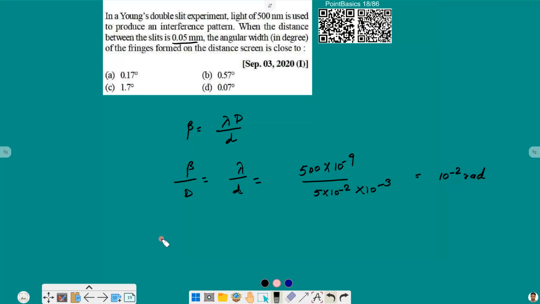Now we know that pi radian is 180 degree. So we need to convert it into degrees because the answer is in degree. So 1 radian will be 180 by pi degree, and if we multiply it, so 10 raised to power minus 2 into 180 divided by pi, and this will produce